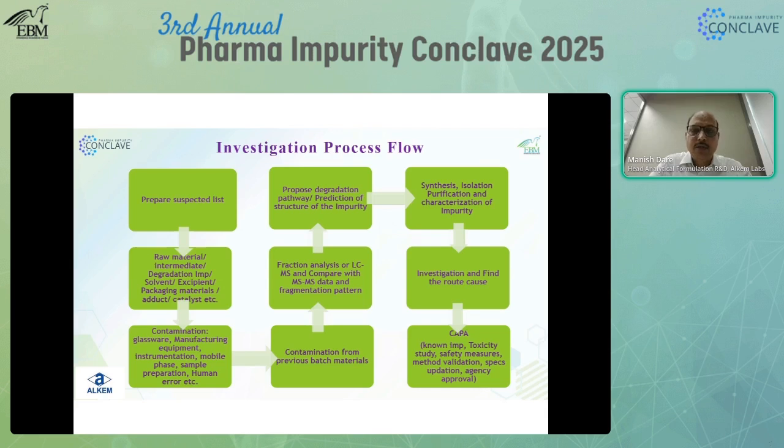So we have to run the in silico module and identify whether these impurities come under the genotoxic category or are organic impurities. Then we have to go for complete synthesis of this impurity and do the characterization properly. Once we isolate and synthesize the impurity, we have to confirm it in the HPLC